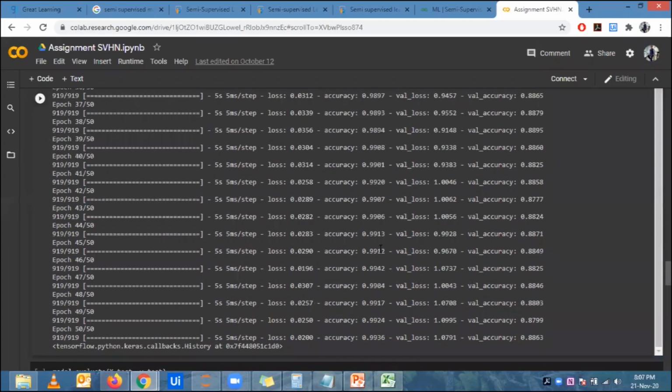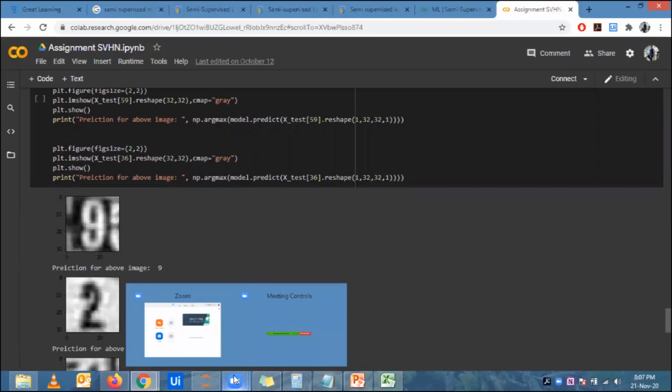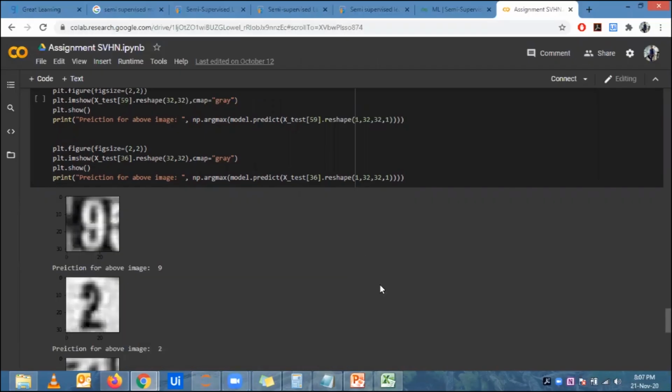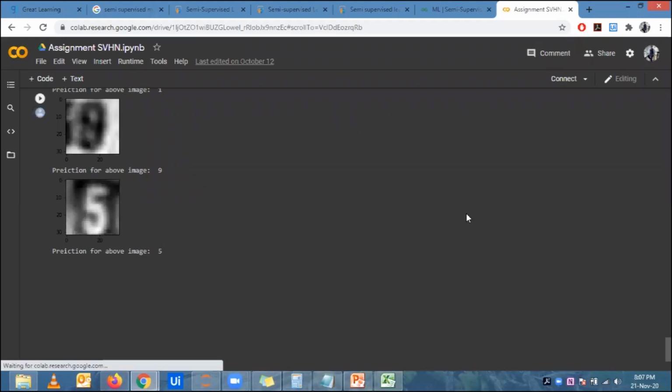I have trained a model on a specific thing and I was trying to classify. This is the image dataset. It has, I think, 16 million handwritten images. There's a community in the US who has taken different forms of people's handwriting, showing how differently a 9 can be written, a 2 can be written, a 5 can be written, a 6 can be written. Based on this, they have identified images of the digits.